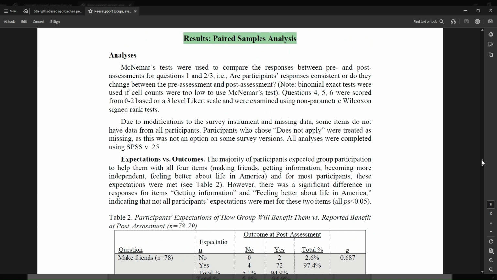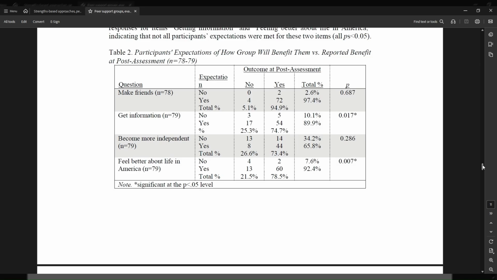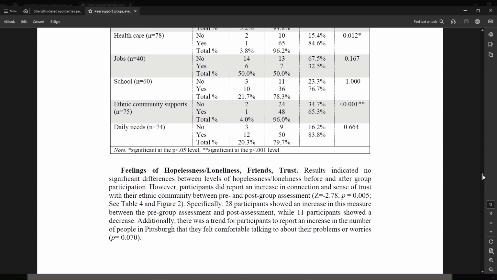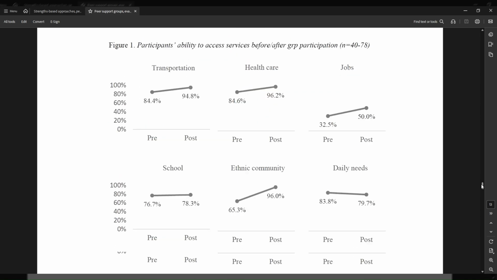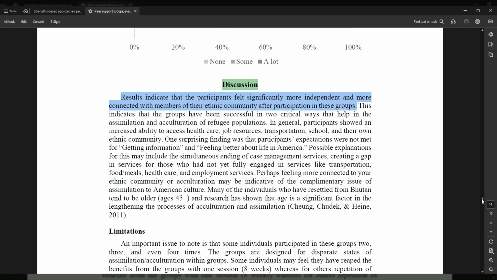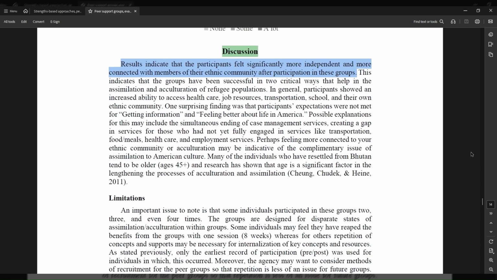Shortly after that, they share their results. Again, pretty common way to label this section. They gave some more detail in the heading here by calling it a paired samples analysis. But at the end of the day, what really matters is that this is the results section. We've got more tables of data as expected in a results section that we're just going to skim past again